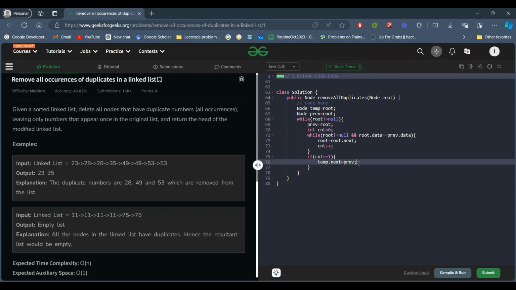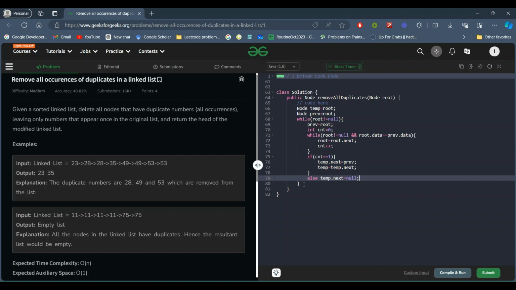That's why we make temp dot next equal to previous, and then temp is equal to temp dot next. If count is not equal to 1, then we just make temp dot next equal to null, because we have not got anything to add after temp.